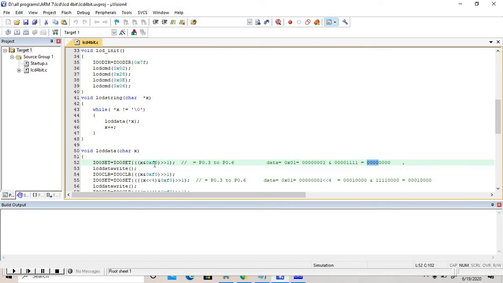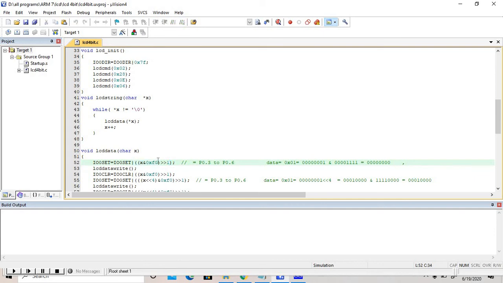After that this is for set, same as for clear. After that the pin is the same. Shift of 1 means this operation works for P0.4 to 0.7, but we have to work on 0.3 to 0.6.